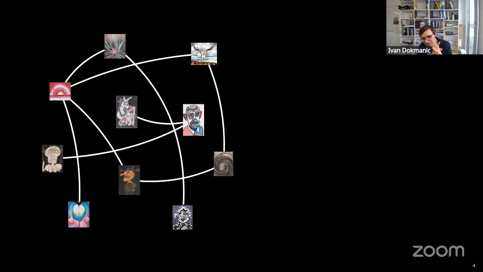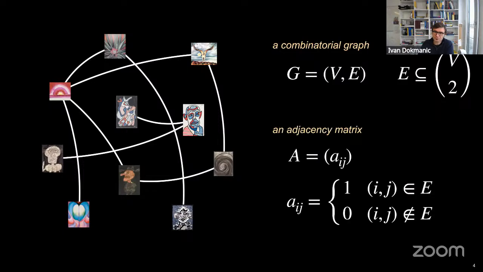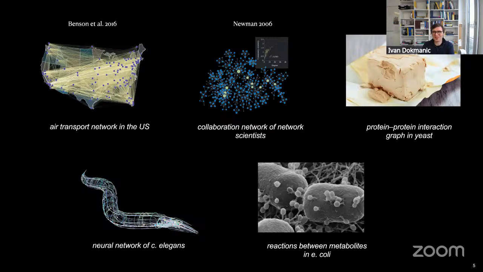A great variety. And then of course we model these kinds of data sets using combinatorial graphs, and features are some functions on the nodes of these graphs. And of course, as always, we will encode these graphs using adjacency matrices and so on. So again, I'm preaching to the choir one more time. I don't have to tell you that this is important. You've been hearing about it in every single talk in this seminar series so far.